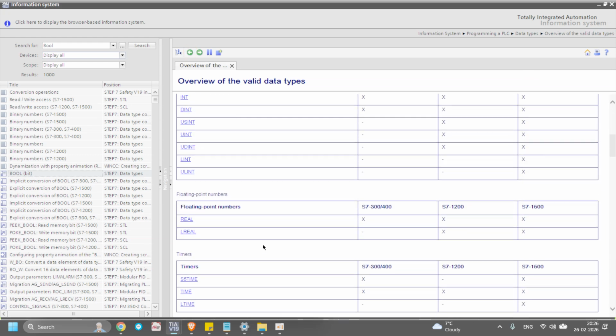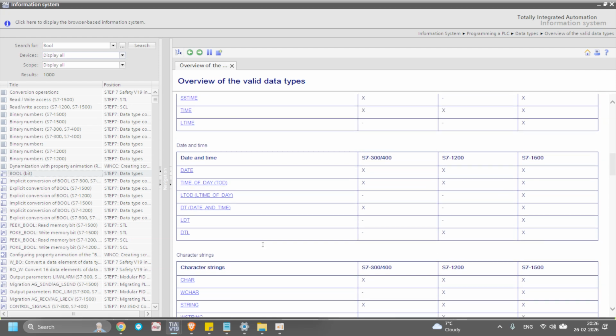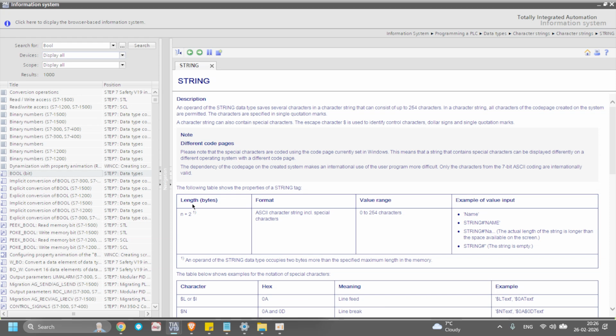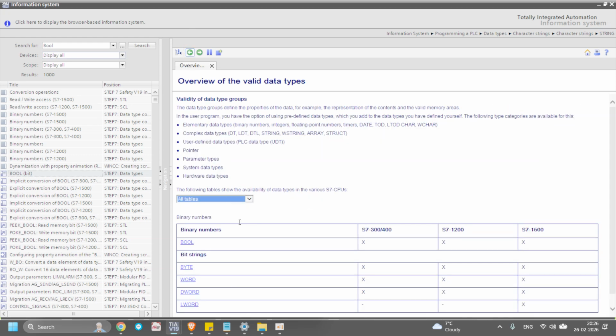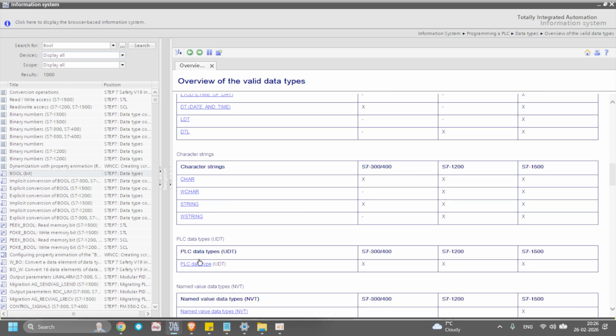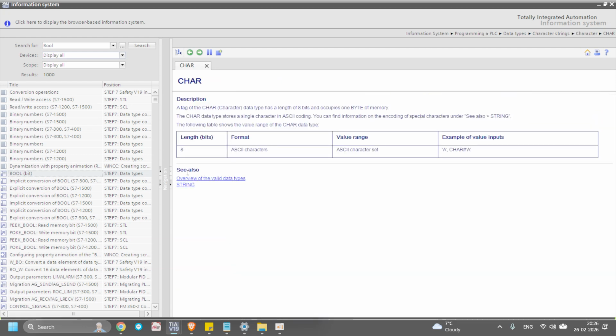Then you use a string, for example if you want an operator name, something like text. It is a text-based collection of characters, we call it a string. It is 0 to 254 characters. One character equals 1 byte. I can show you. If you use one character, it takes 1 byte.